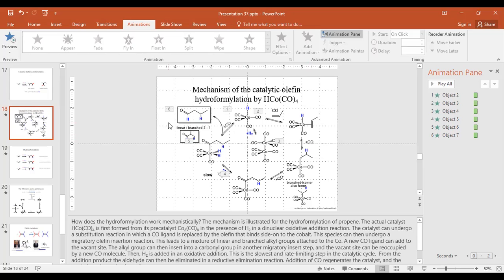So this mechanism is called hydroformylation. It was invented, I believe, in the 1940s at BASF,